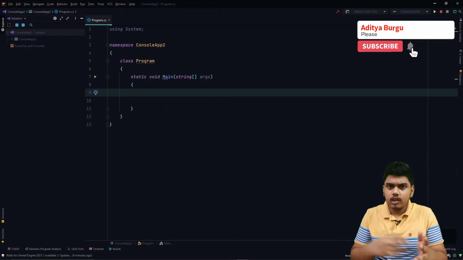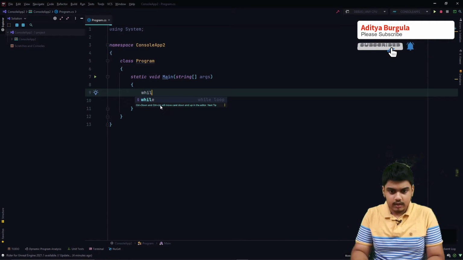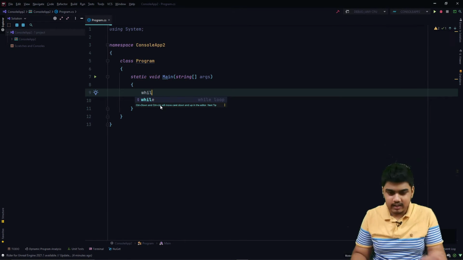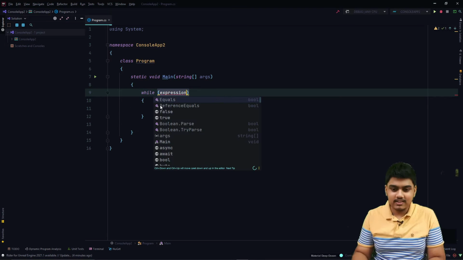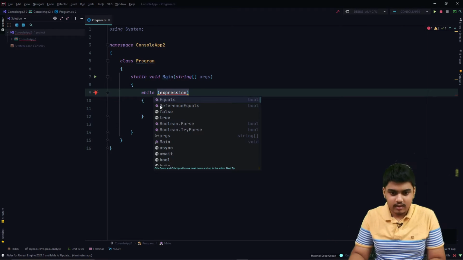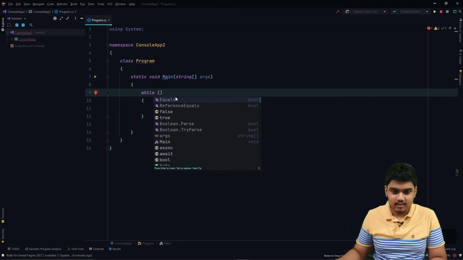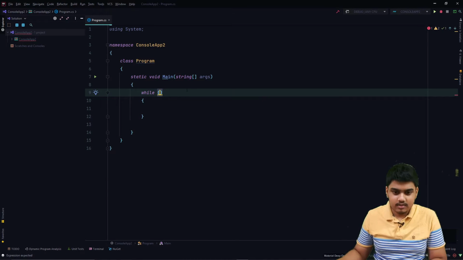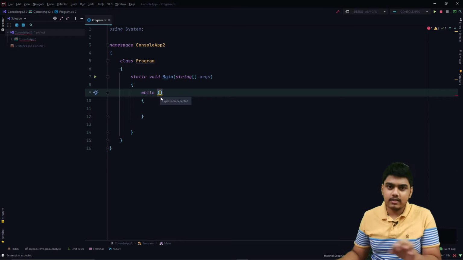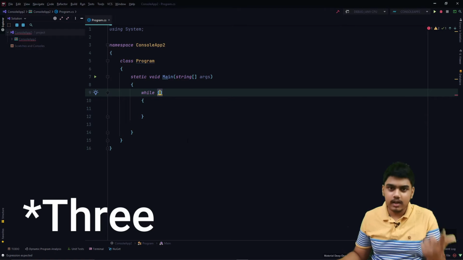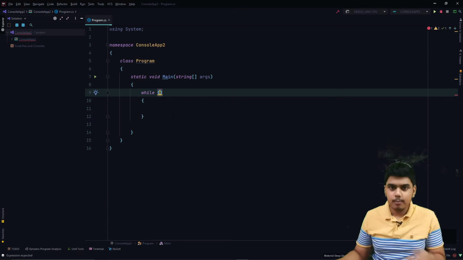It's almost the same thing here as well. So now let us see how the while loop works. If I just type while, you can see we got IntelliSense. I got confused with VS Code, I don't know what we call this, so we'll just call it IntelliSense or suggestions. In the for loop we have seen that it takes three different statements: first the variable, condition, and the increment or decrement value. But in the while loop it only takes the condition.